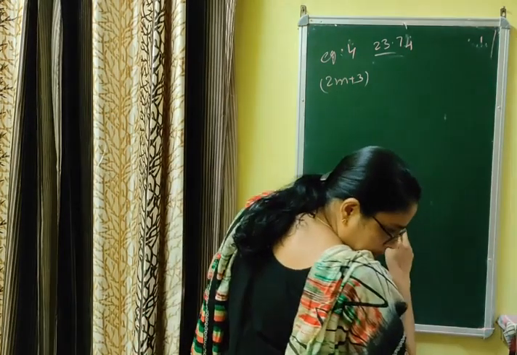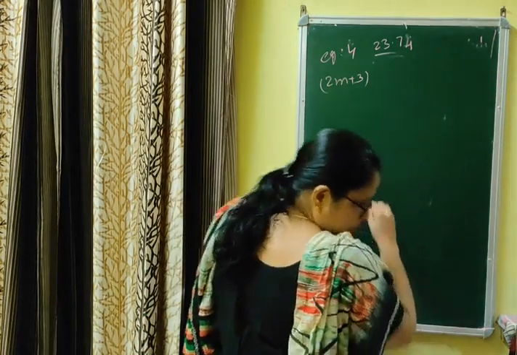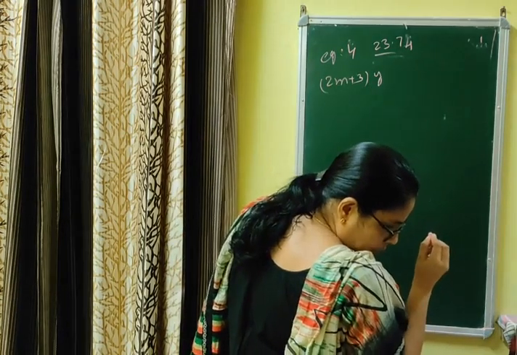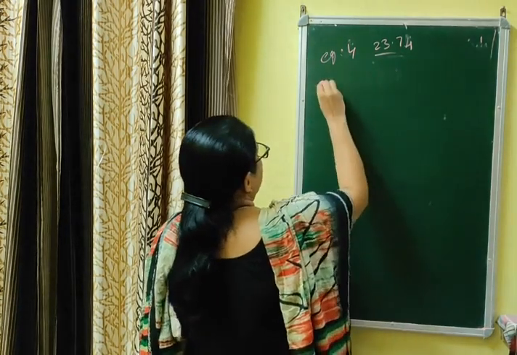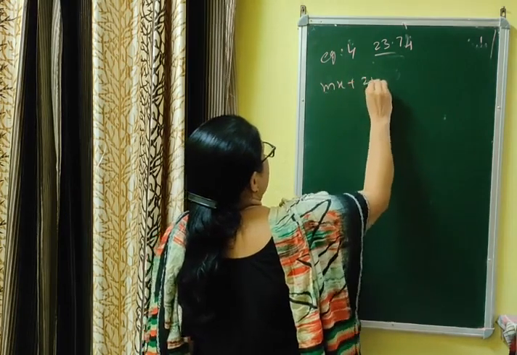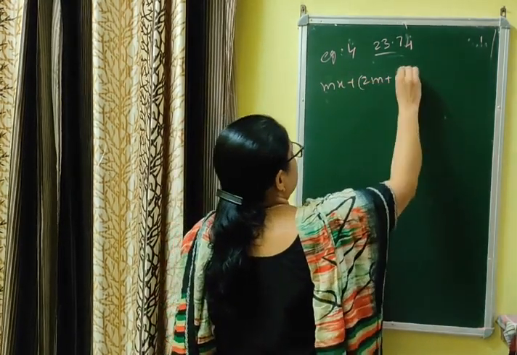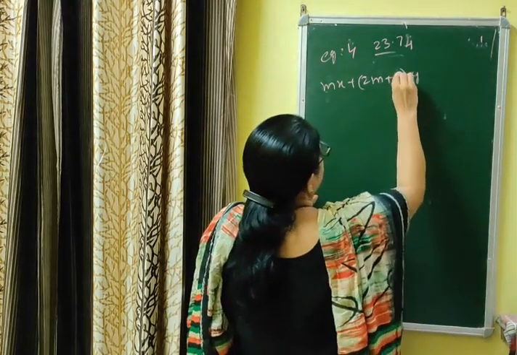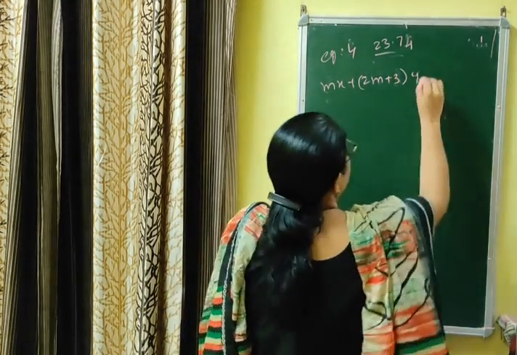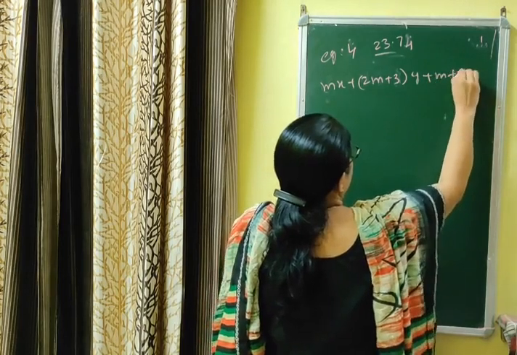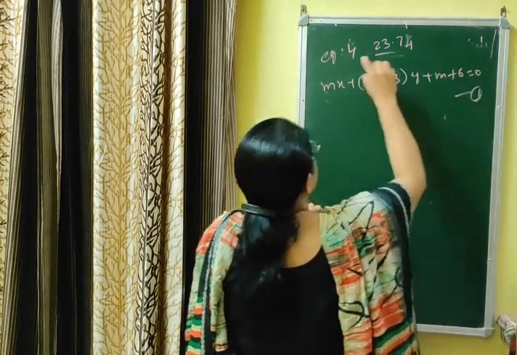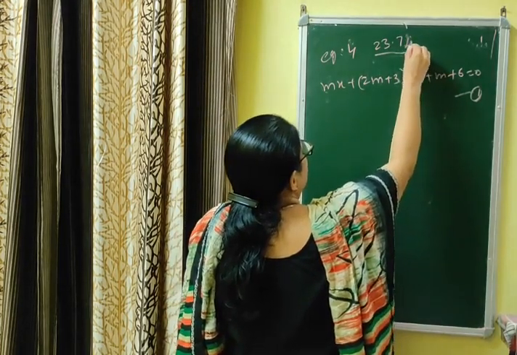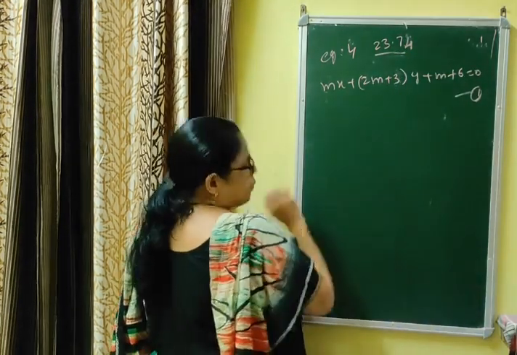I have to check the equation. अगर थोड़ी सी मिस्टेक हो गए, सॉरी देखिए पहले mx लिखना भूल गए. mx plus (2m plus 3) multiplied by y plus m plus 6 equal to 0. That is the first line. If I told it is 0, you have to correct it. Now this is the first equation.